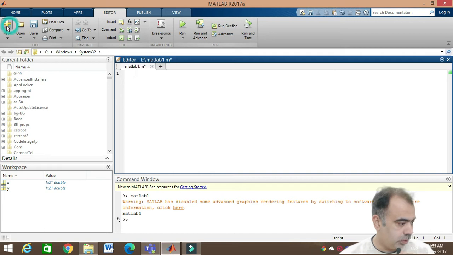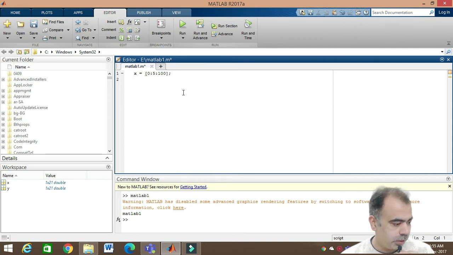One more thing I would like to mention is that this is MATLAB version 17, and we are working in this. This is the file that you first have to go to the file menu and open, and I named it MATLAB 1.m. Here you can do several calculations, and in fact there is a command window also. It is just like a calculator. You can put any function over here to get the desired output.